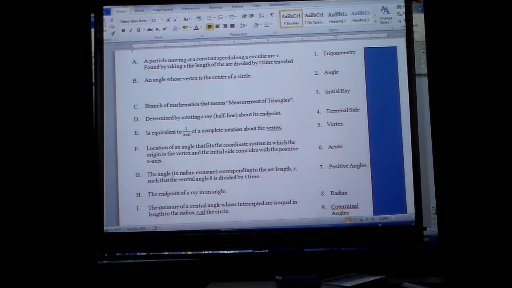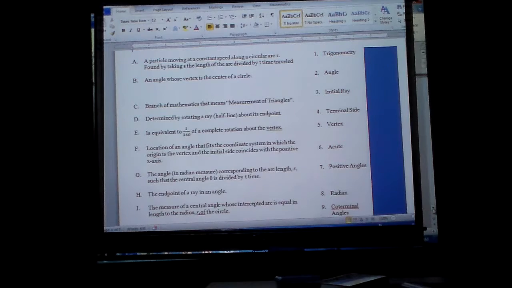There are 18 letters and only 15 choices. So that should tell you something automatically, that there are at least going to be 3 that are not up there. So as I look at this particular deal, I need to find these particular angles, or the correct term. And if you will happen to notice,